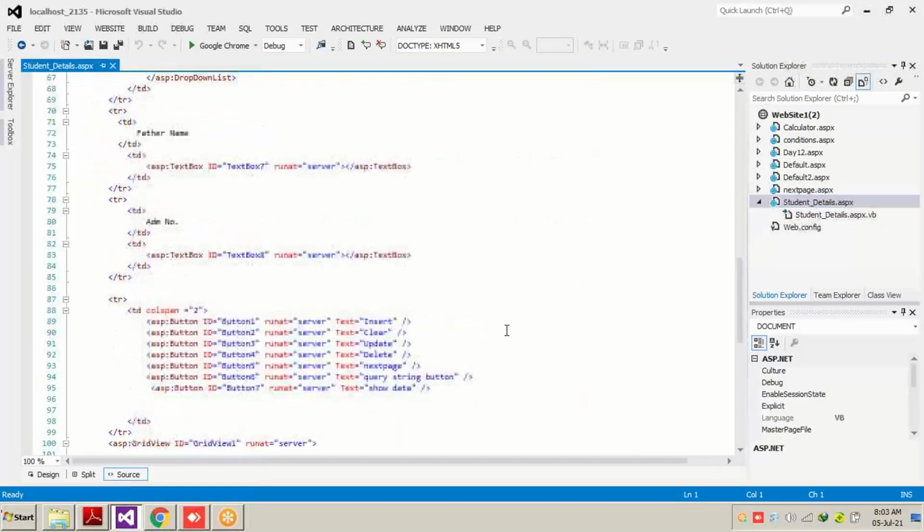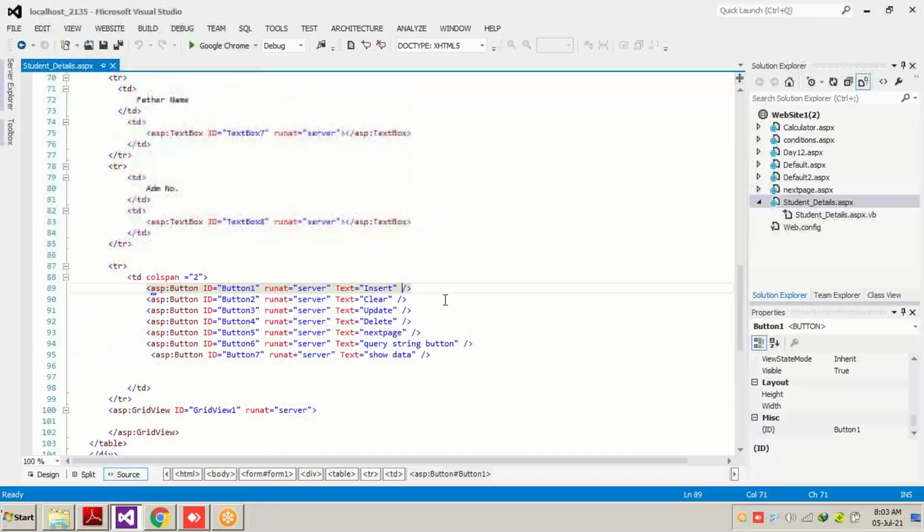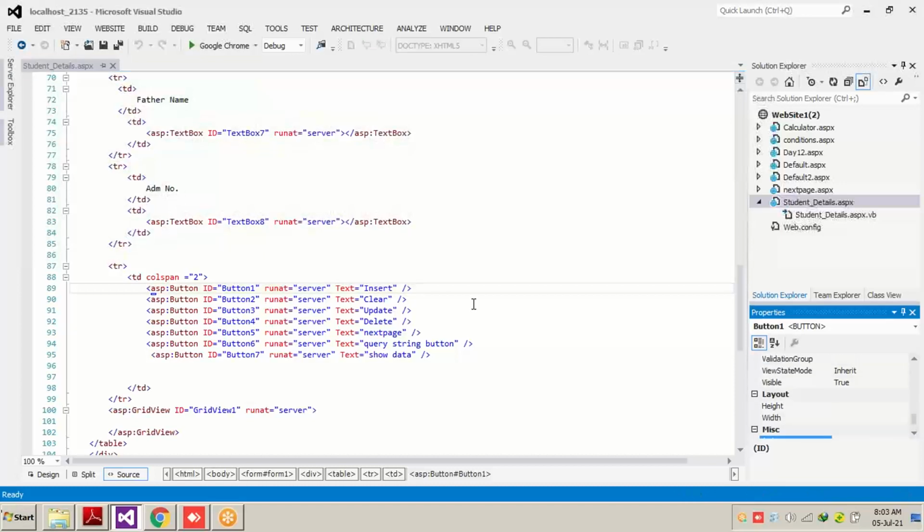Once it opens, I will go to the buttons. Button 1. If I take my mouse to the button and click, you can see the property window of this button open in the right hand bottom side. Now I will search for the style. No, I won't find style here, because style is a property of HTML controls. If I go to this button, I will find Back Color right here. So I will take the back color.